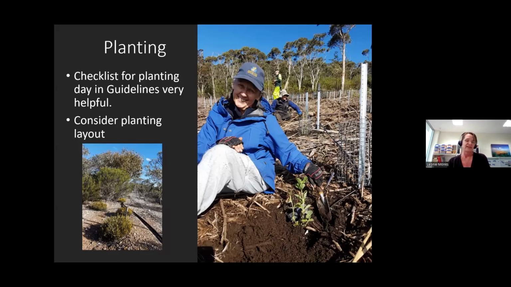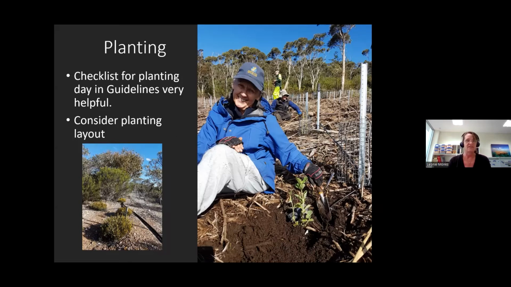One of the things to consider when planting is how the plants are going to be laid out at the site. There are many factors that can influence this, such as the preferred microsites for the species, whether they're under vegetation or out in the open, and also whether you have an experimental design that you need to consider. But another factor to keep in mind is how easy it's going to be to find your plants again several years or decades after planting.